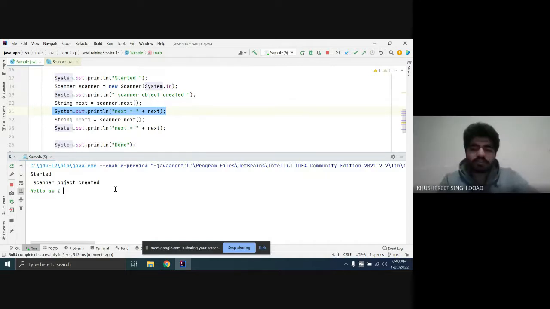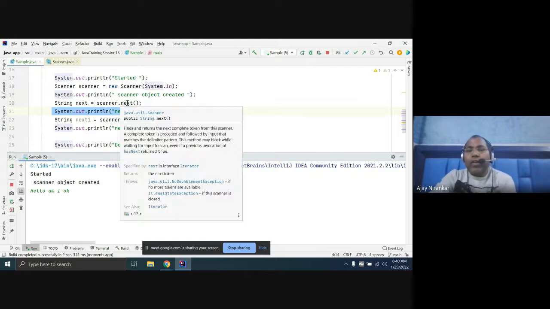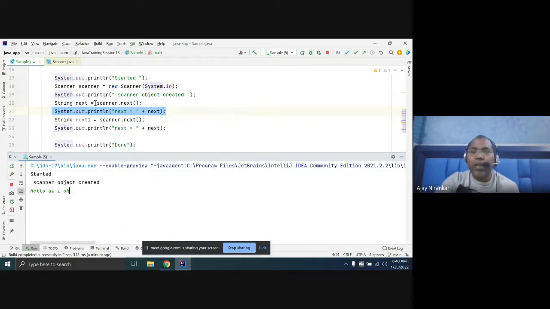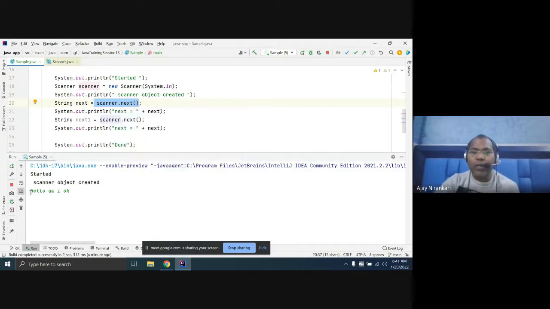Sir, what if we pass a double value anywhere? Listen, wait. By default, the next method is expecting a string. By default, the next method expects you to pass input as a string. Here, scanner.next, you know the definition: the next method means I want to take input as a string. So here I am typing a string.